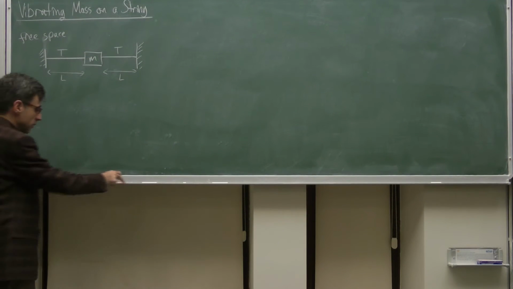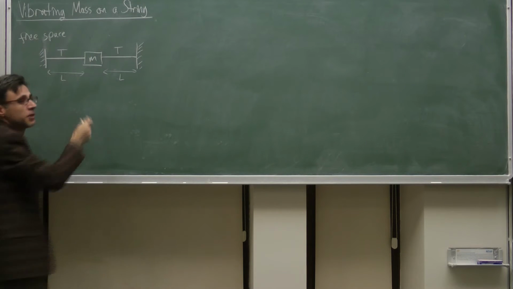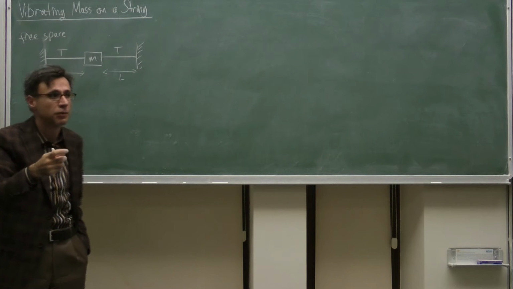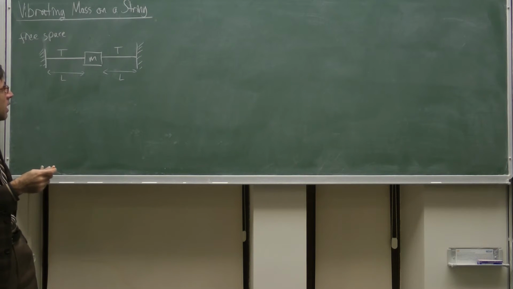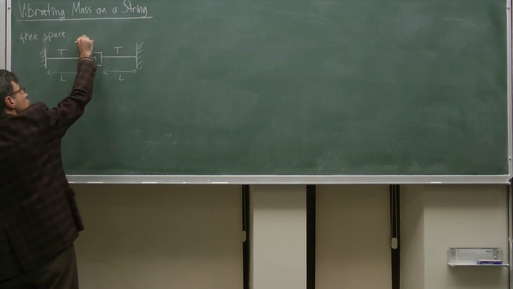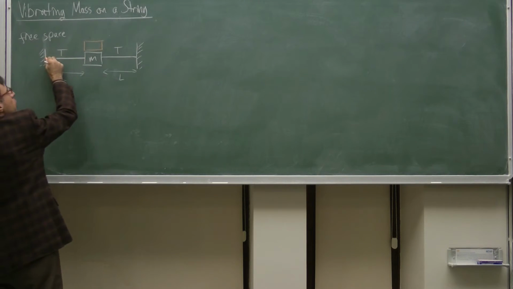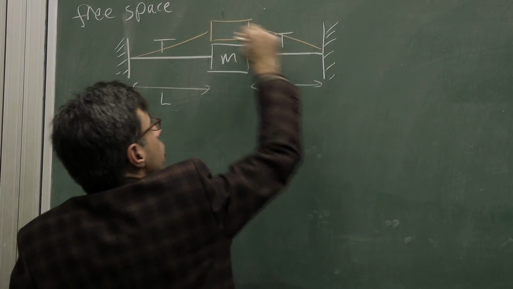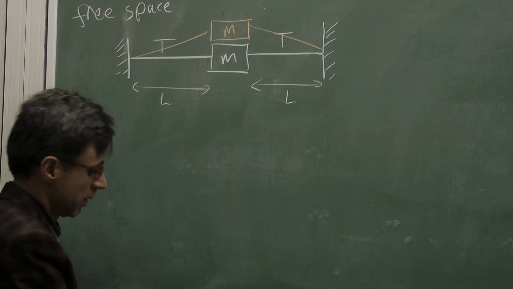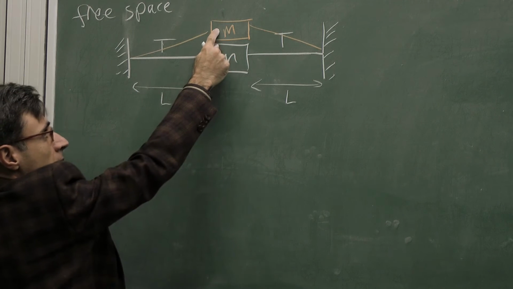So let's assume that we pull the mass slightly, we disturb the system slightly. Here the keyword is slight. If you disturb the system large enough, then the problem is going to be very difficult to solve. But for a small disturbance, I will define the definition of small momentarily, we disturb the system and release it, it's going to oscillate. I'm going to draw the free body diagram at that point,